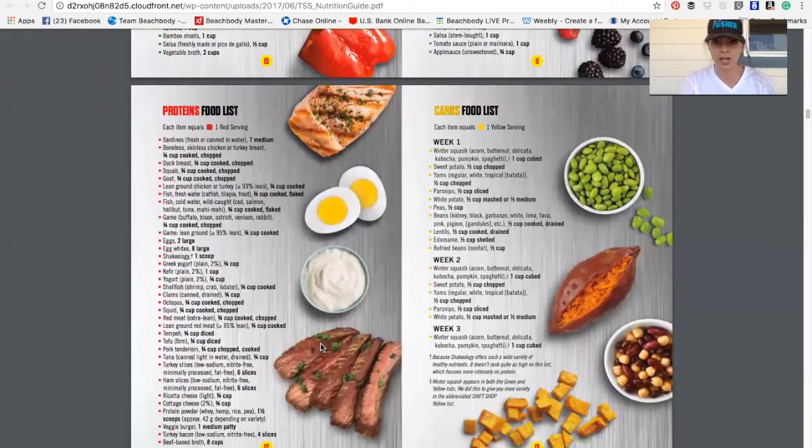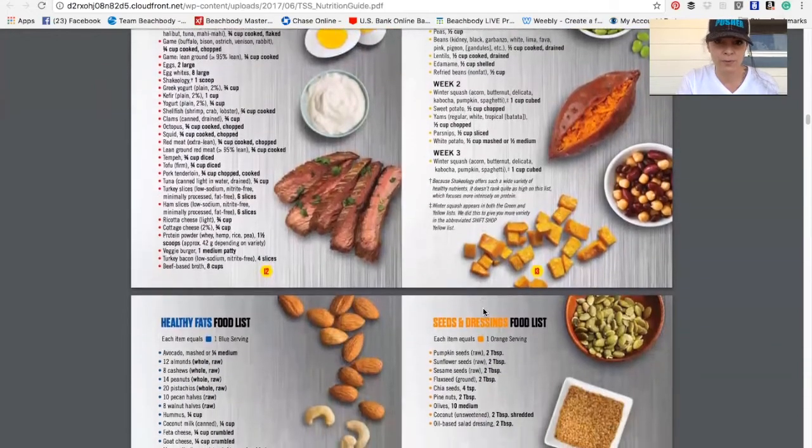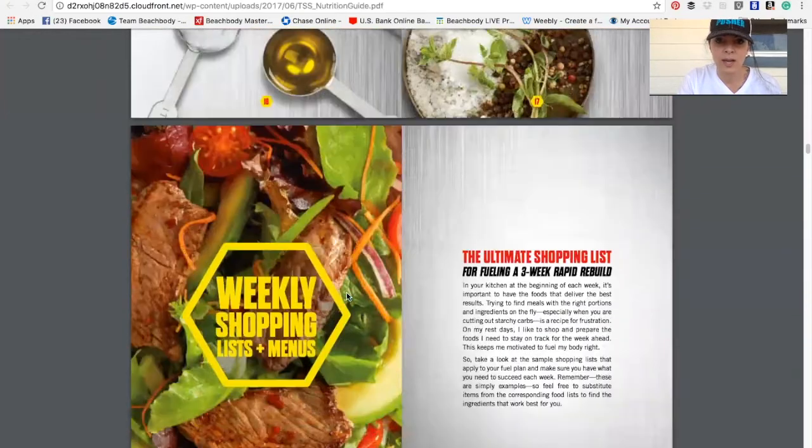You can't beat this. But here's what is unique about Shift Shop compared to some of our other programs: check it out, what happens with carbs. Your approved list of carbs changes. It gets tinier. So that's what I wanted to show you for the approved list. You've got free foods, you've got your teaspoons,